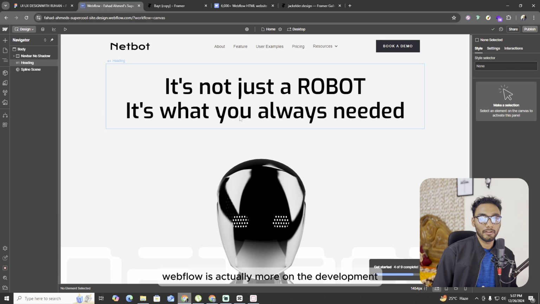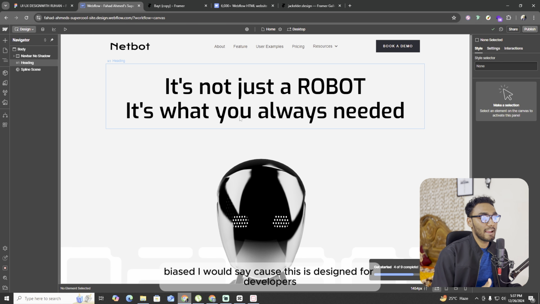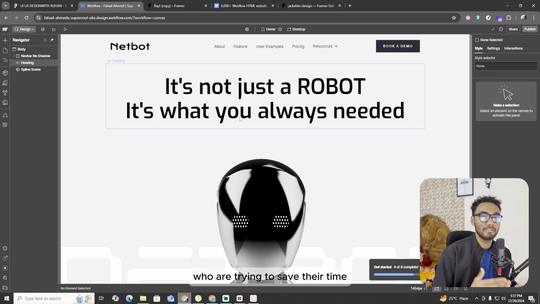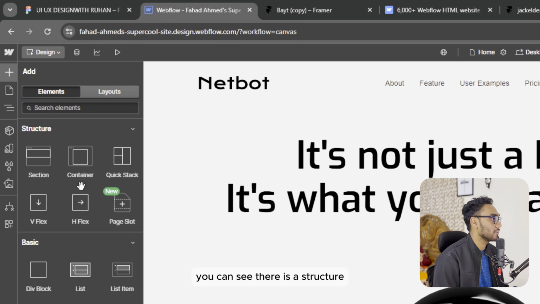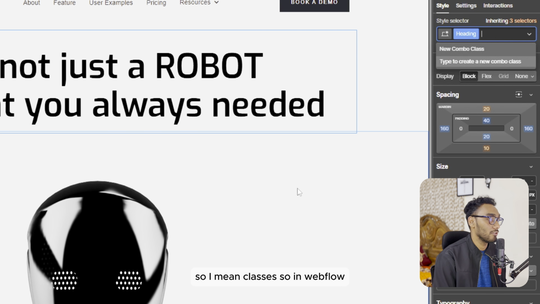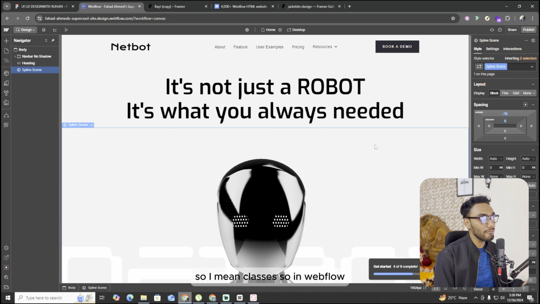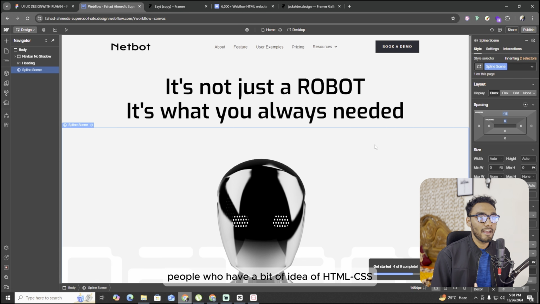Webflow is actually more development-biased, I would say, because this is designed for developers who are trying to save their time rather than coding themselves and using this tool. For example, in the elements, you can see there is a structure which are section, container, then you can see the div blocks. Then on the right side, you can see classes. So in Webflow, it's more beneficial for people who have a bit of idea of HTML, CSS, and basic